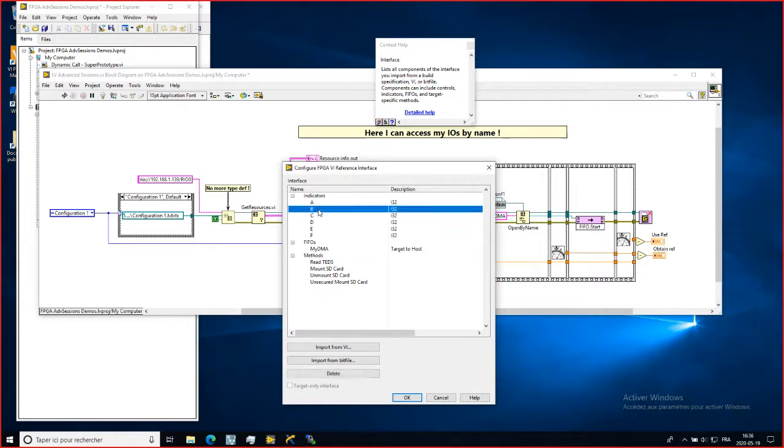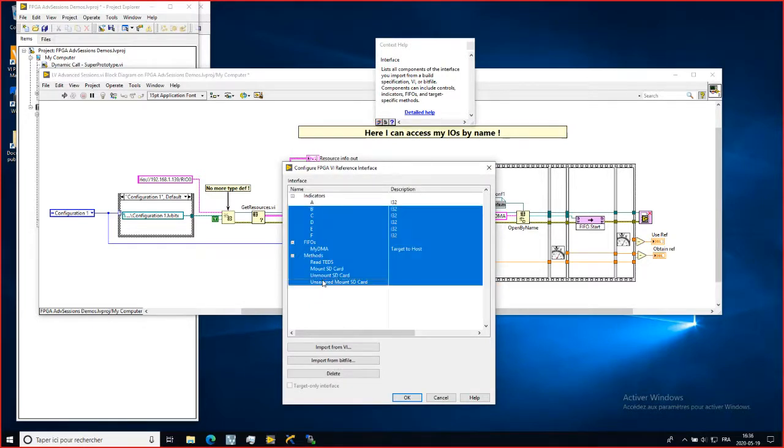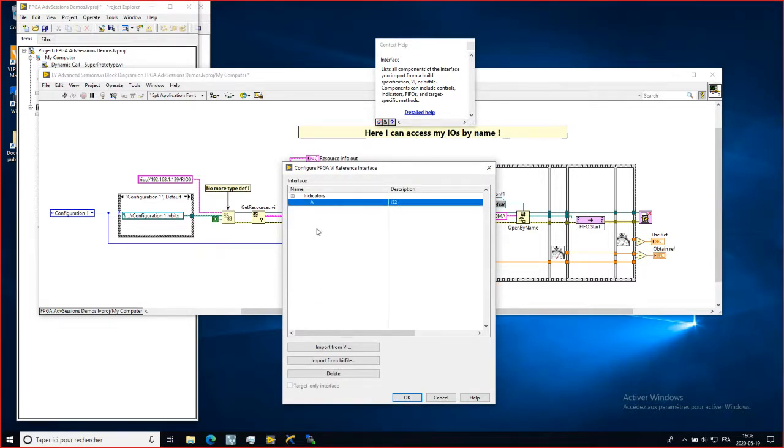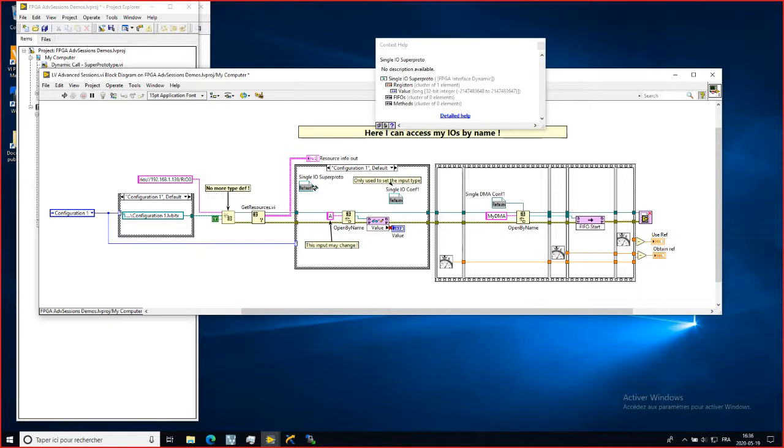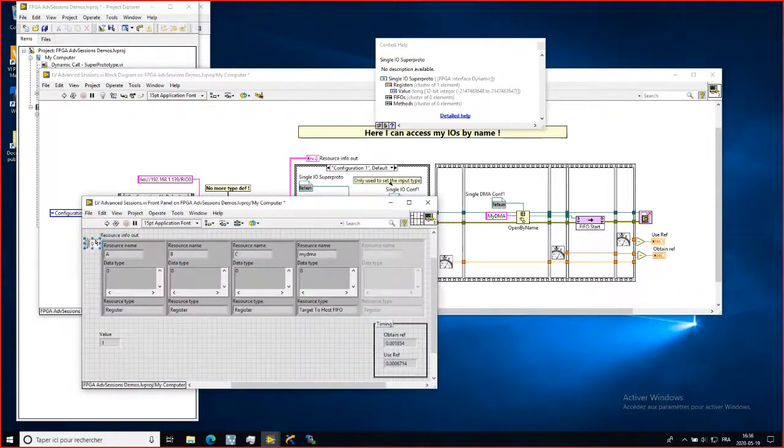I just isolate the input I want, delete the others, rename this one with value. As long as the type is correct, it will work. Value wire written, and if I run it,